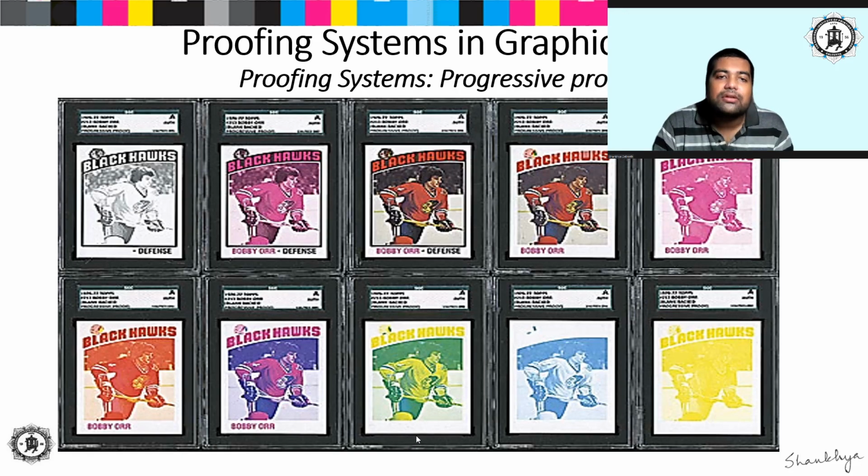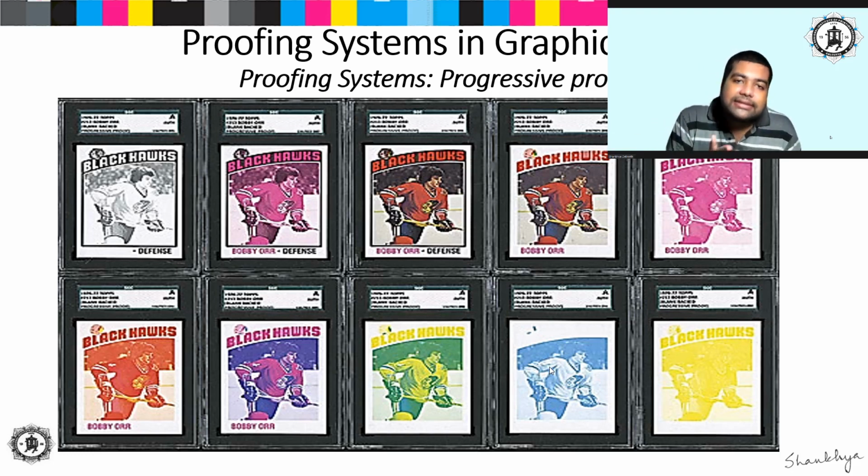Right, next another concept is there which is known as the progressive proofs. Now if you remember our earlier discussion on gray balance, and while talking about the Jones diagram, you remember that we were using gray scales which were printed using all the three inks as well as the black ink. So how many prints did we get during that time? We got a print from the cyan separation, a print from the magenta separation, the yellow separation, and a print containing all the three inks, that is cyan, magenta and yellow, as well as only the black, and as well as the four colors, right, CMYK.